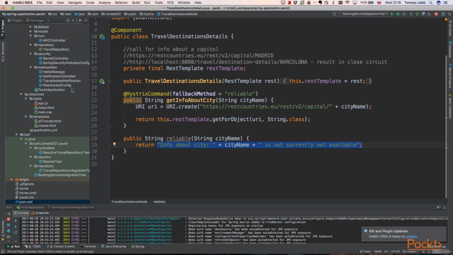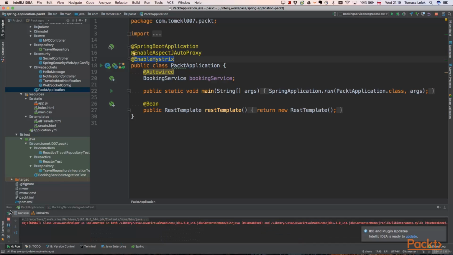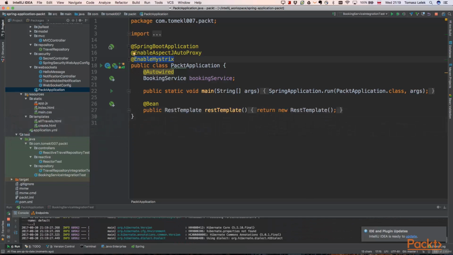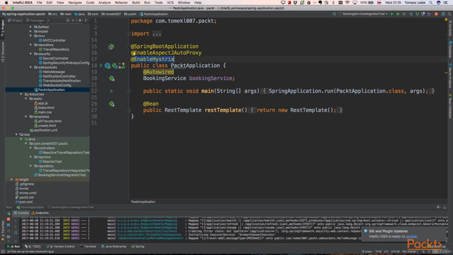To enable Hystrix in our application, we need to define the EnableHystrix annotation in the Spring Boot starter class. It will enable that library and our code will be running properly, as we expected. Next we need to start our application and we will try to call that travel details endpoint. That will call, on the other hand, that